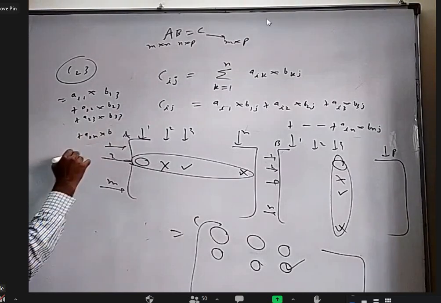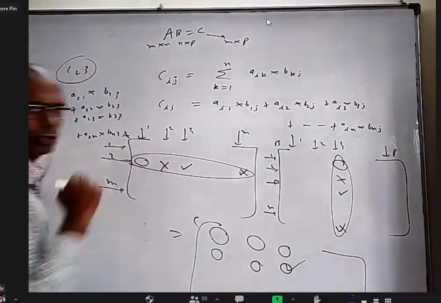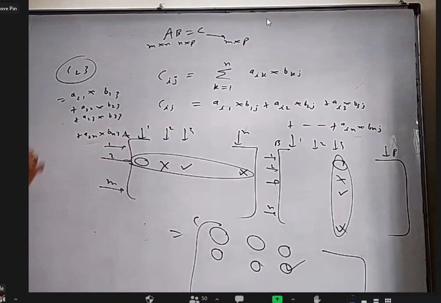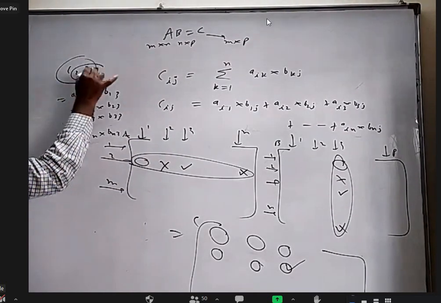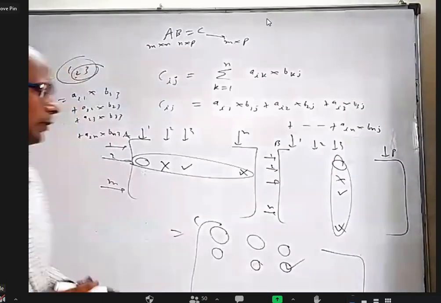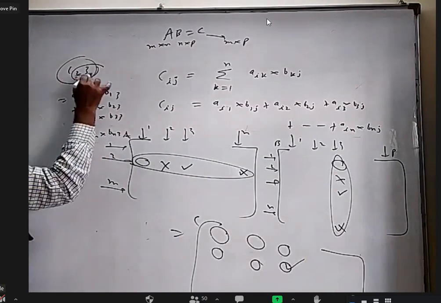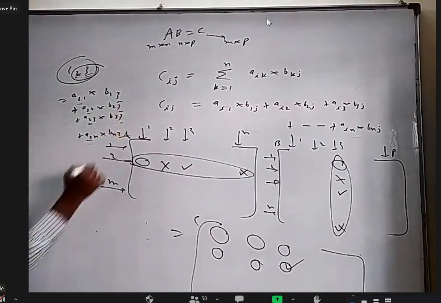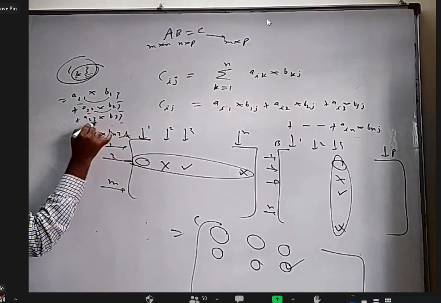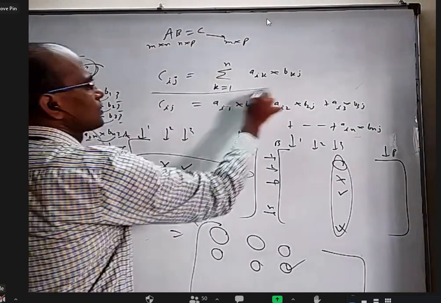A2n is equal to Bn3. Nth row, third column. Yes, correct. So now you see carefully. In the final matrix, when you want second row, third element, you are taking second row here, third column here. You can always see 2 everywhere here, and because this is 3, you will always see 3 everywhere here. You will see 1 and 1, 2 and 2, 3 and 3, finally n and n. Correct? That is exactly this definition or this definition.